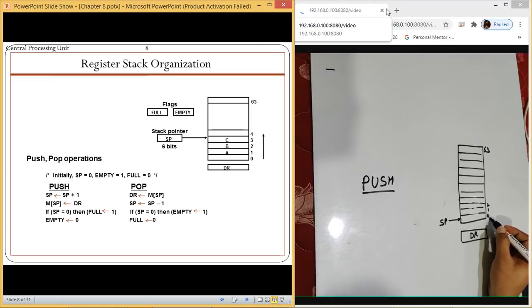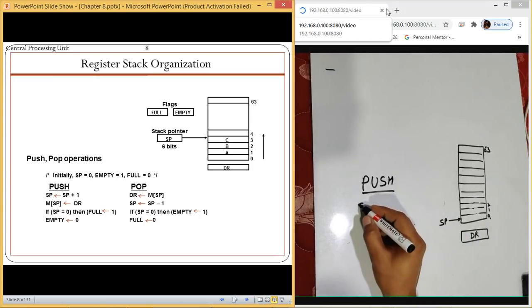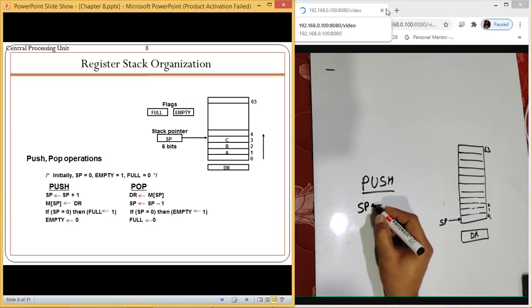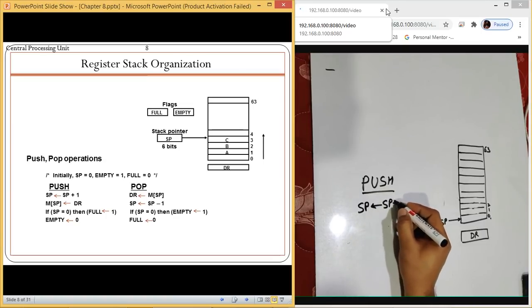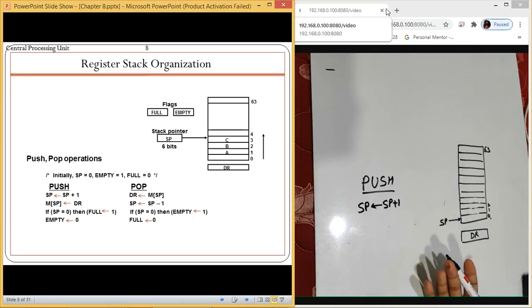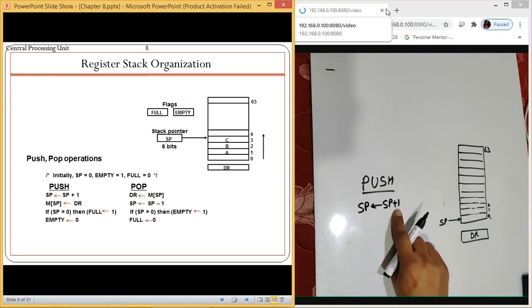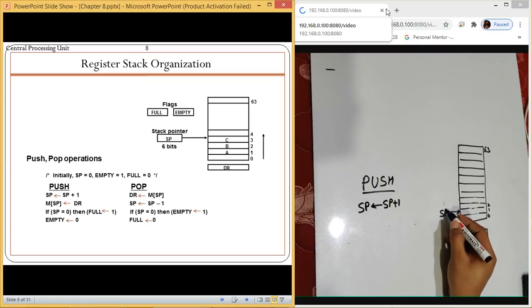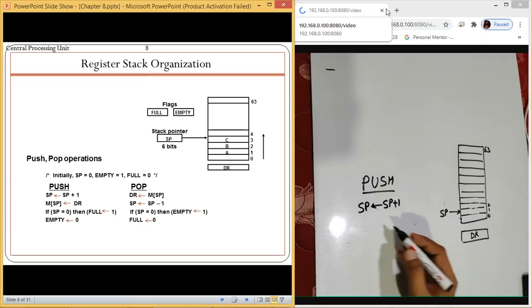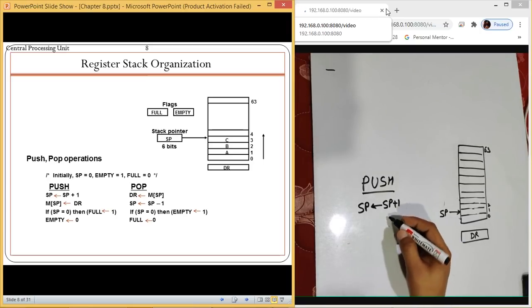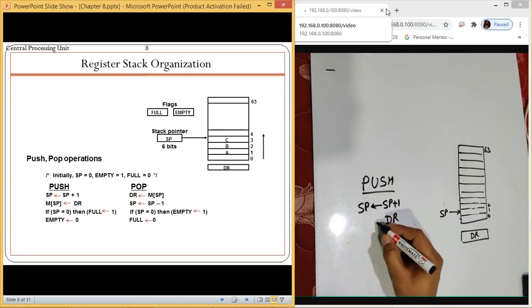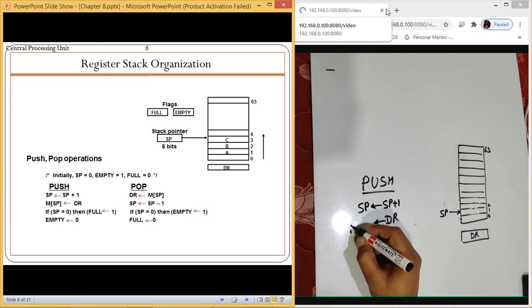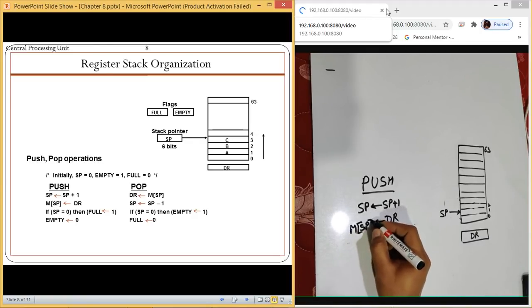How to perform the push operation? Before performing any type of push operation, we increment the value of stack pointer by 1. So from 0 it will automatically shift to 1. So the first location will be empty, and once it is incremented, the next operation is DR to M[SP].